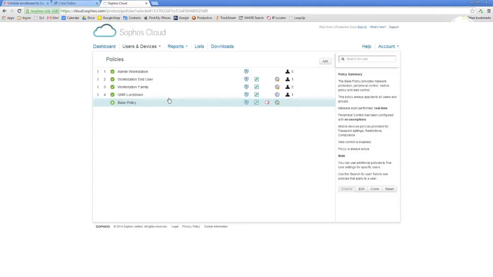I can create a policy that is tied to a user, and here's his mobile policy, here's his web control policy, and here's his endpoint security policy. Or I can have different policies for these things, and I can put users with a straight MDM policy and then give them an endpoint policy as well. You're always going to start with this base policy.